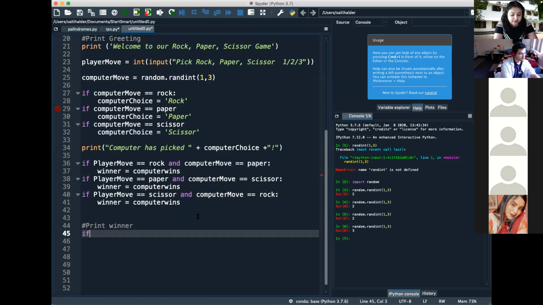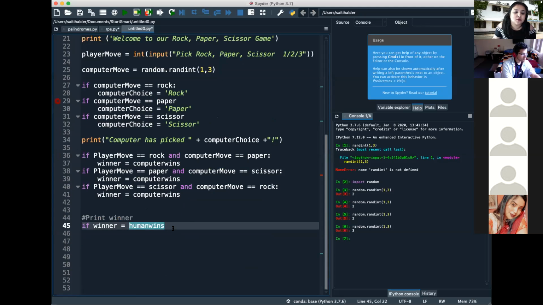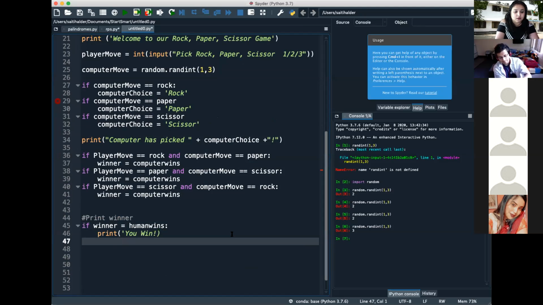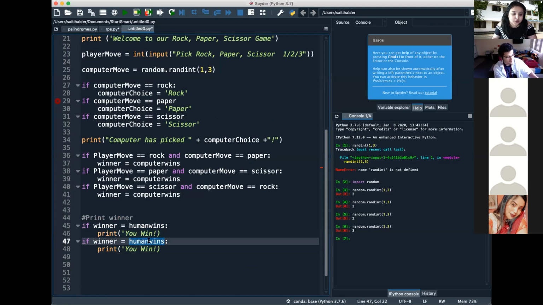So if winner equals to human wins, যদি. So human wins কখন হবে? যদি এগুলোর মধ্যে কোনোটাই সত্যি না হয়, winner will not get updated, so winner will automatically be human wins. So winner যদি human wins হয়, we will print you win. Obviously it's a string. Yeah, all right, তারপরে alternatively winner যদি হয় computer wins